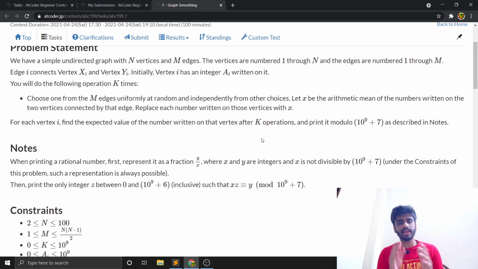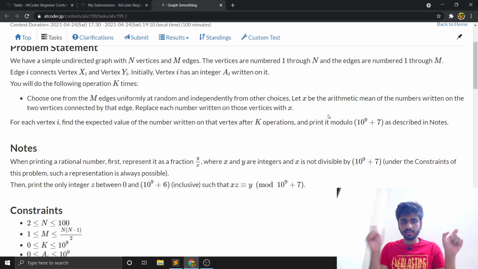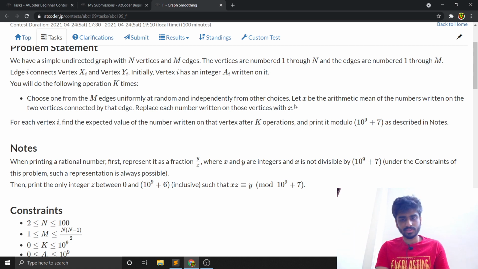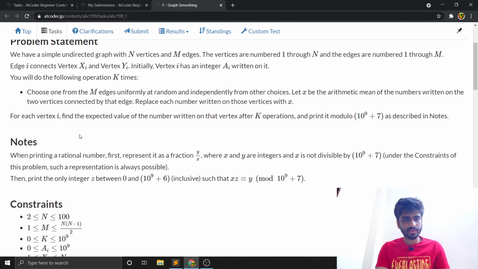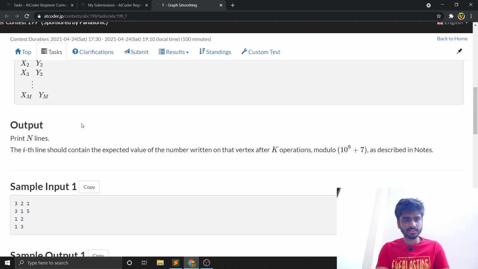So at each step we just randomly choose an edge, and we want the arithmetic mean of the numbers on the two vertices that are connected by the edge. We want to replace each of the numbers written there with the value x that we just found, that is the arithmetic mean. Okay, so something like,